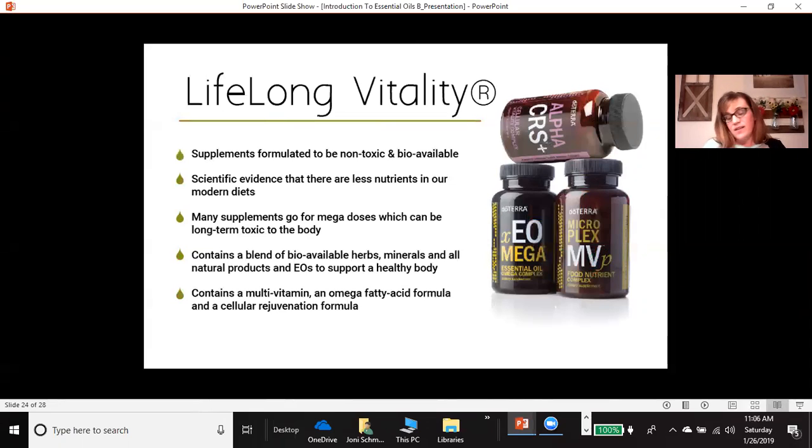So the question I ask is, who needs a multivitamin or supplements? In my opinion, I think everyone can benefit from supplementation. So signs of having a deficiency of proper nutrition, I want to go through this list here. If any of these you say yes to, then you will probably want to consider checking out the Lifelong Vitality